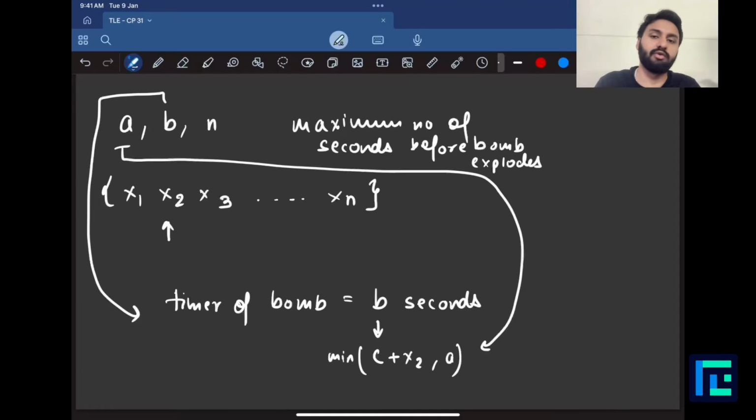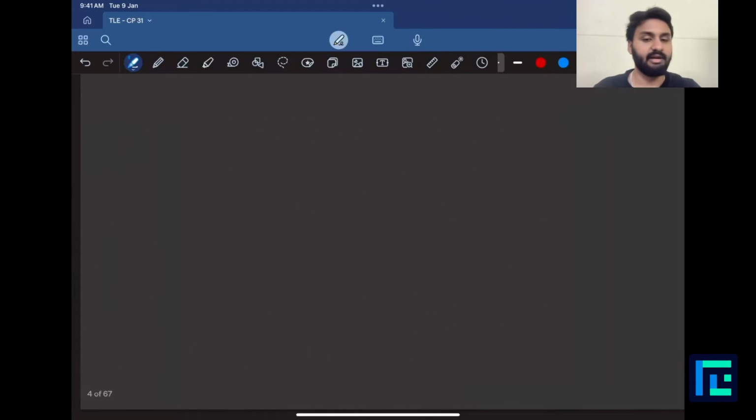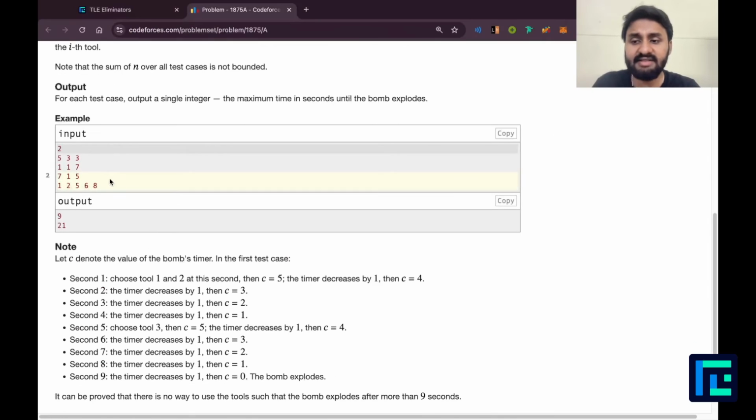After that, it's no longer up to me. Whatever I do, the bomb has to explode. But before this amount of seconds, I know my bomb is not exploding. Find that value and report that as an answer. This is the problem. Let's actually see some test case and get a better picture of this. So let's say I have this test case